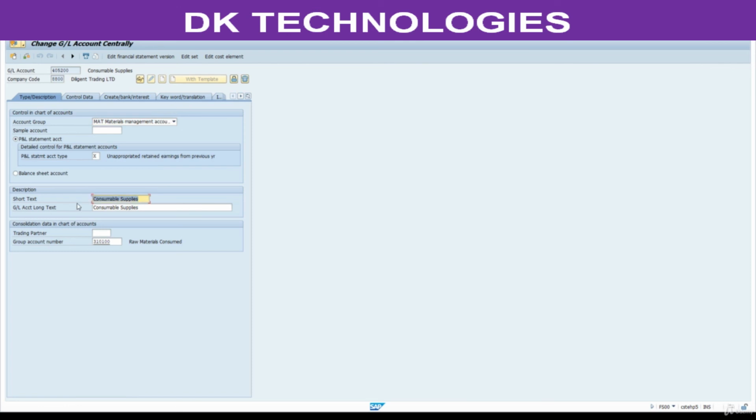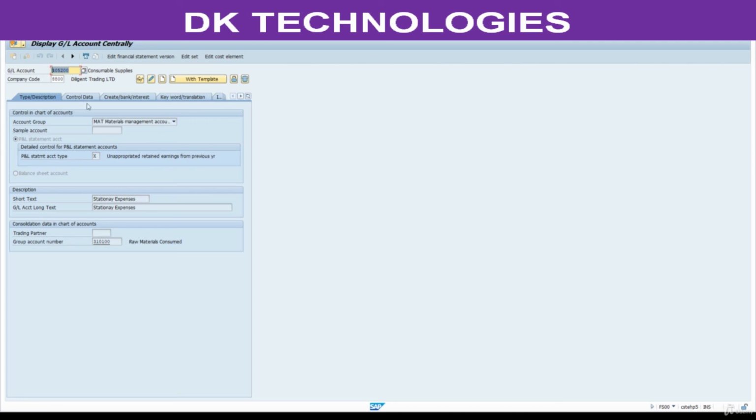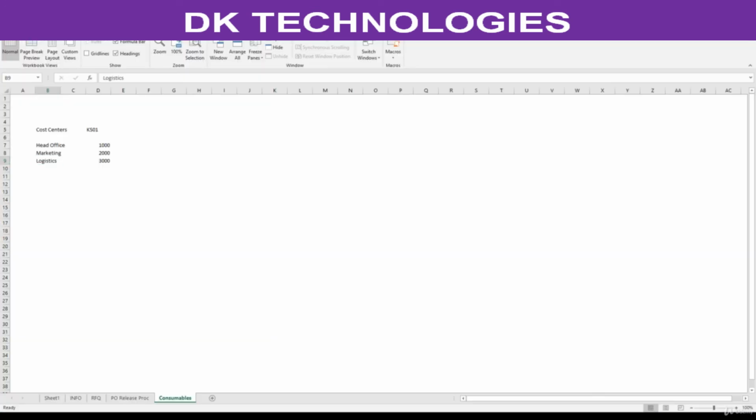Click on change and stationery expenses. Copy this. Save. Now this is my GL account for testing. Note down this GL number.